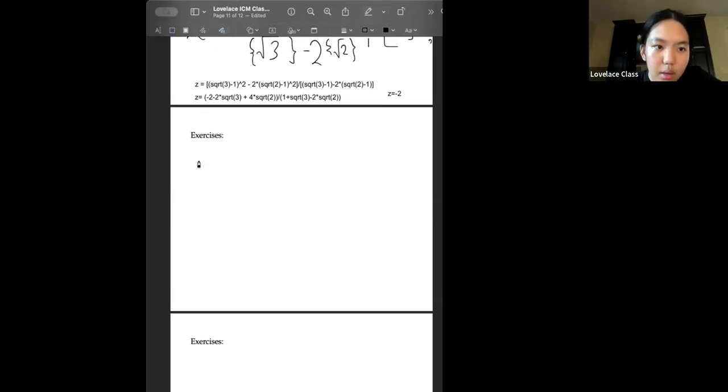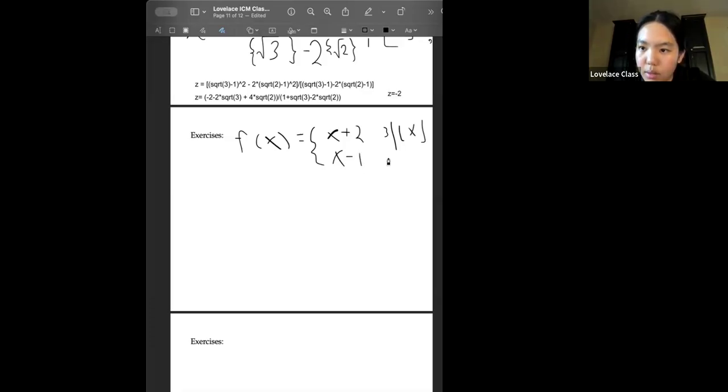Okay, this is also a long one. Let f be the function from real numbers to real numbers defined by f of x. This is one of those piecewise functions that we have. f of x is equal to x plus 2 if 3 is a divisor of the floor of x. So if 3 divides floor of x. Otherwise, we have f of x equal to x minus 1,